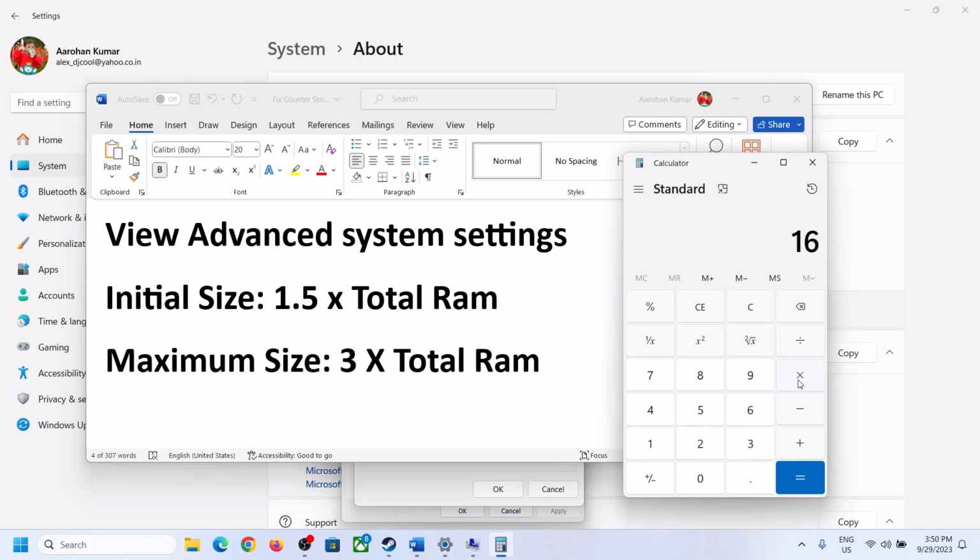So 16 into 1024, because 1 GB is equal to 1024 megabytes. So 16 GB in megabytes will be 16384. Now 1.5 into total RAM. This is my total RAM in megabytes, now into 1.5. So in my case initial size is